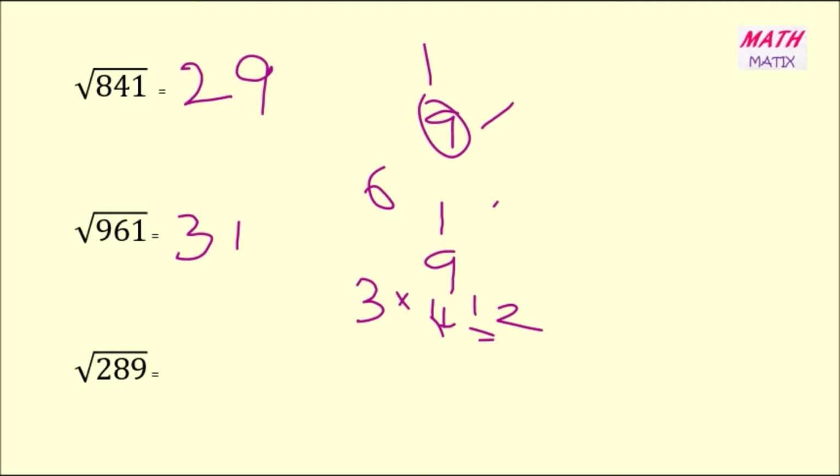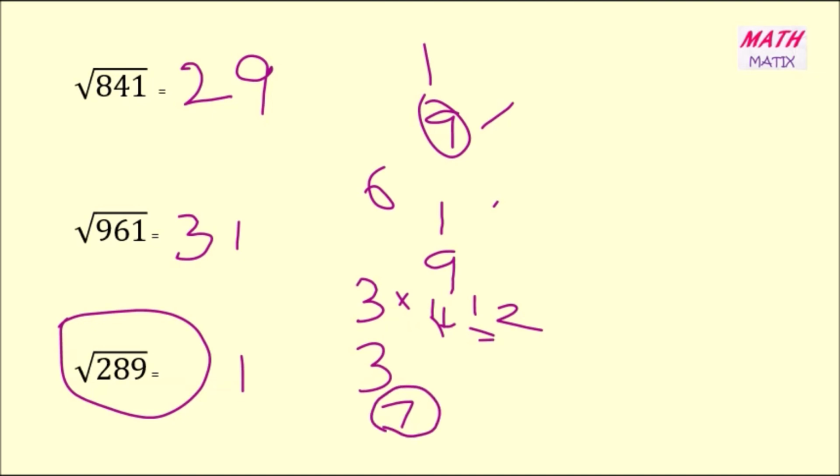And then going to the next example, 289. First pair is 89. We will take 9, and it is same as 3 square, which is 9, and also 7 square, which is 49. 49 is also ending with 9. So I am writing 3 and 7. And then the number 2. Number 2 is falling between 1 square, 1, and 2 square, 4. So lesser among those two is 1. So I'll just write 1 here, and then 1 into next number 2. 2 is equal to 2. So we'll take the greater number, that is 7. So the square root of 289 is 17.